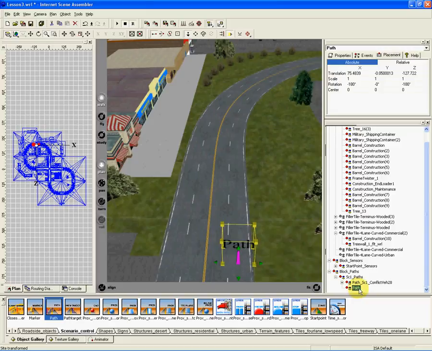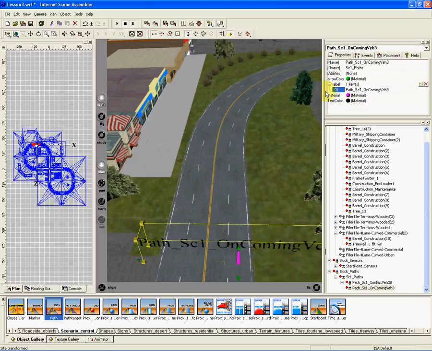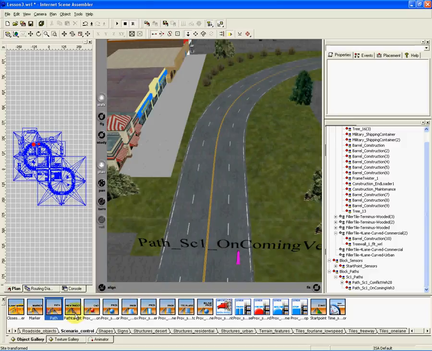Alright, so if you can see the word path, that means the car is going away from you, this direction. So we'll call this scenario 1, oncoming vehicle, and let's pick a number. Always again put your vehicle number. So let's use vehicle number 3, which is a green BMW. So I'll just put vehicle 3 there. I'm going to copy that, go up to properties, change my label, and now let's start